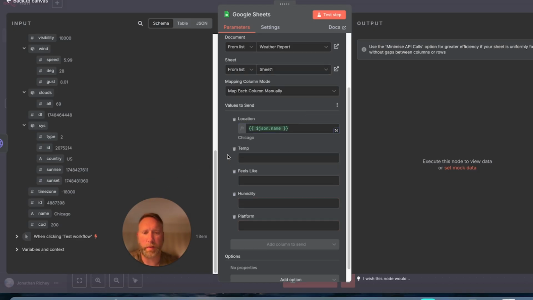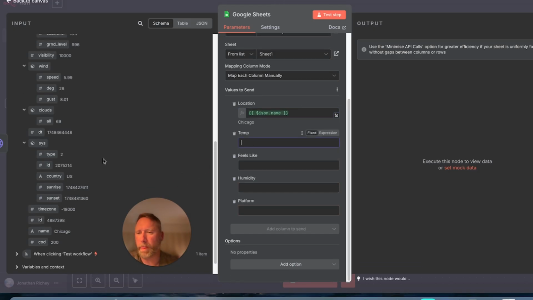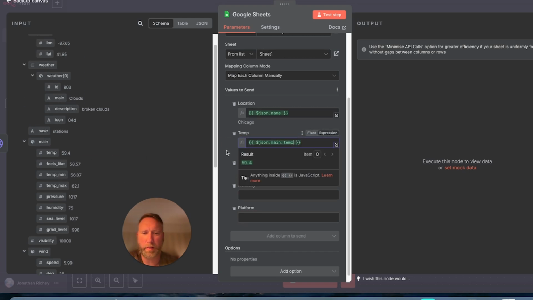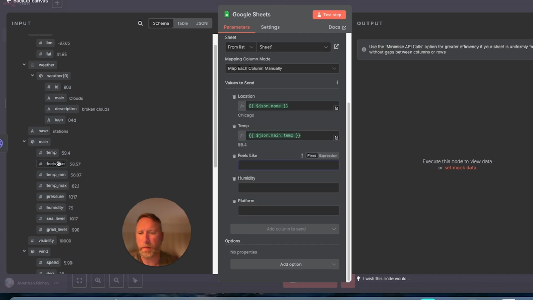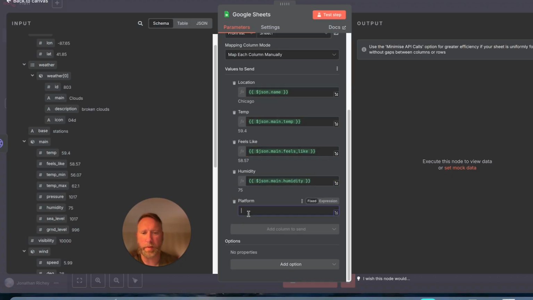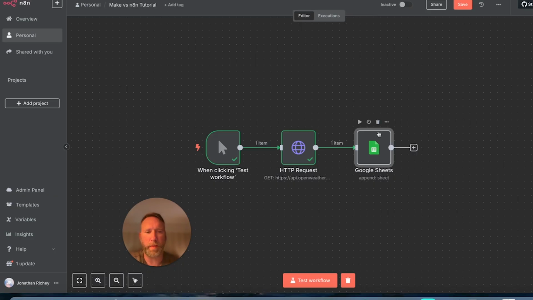Okay, click and drag. Temperature. Let's see, temperature is here. Click and drag. Feels like. Click and drag. Humidity. Click and drag. And then platform be n8n. Okay. So now what you can do now is we can actually test this step,